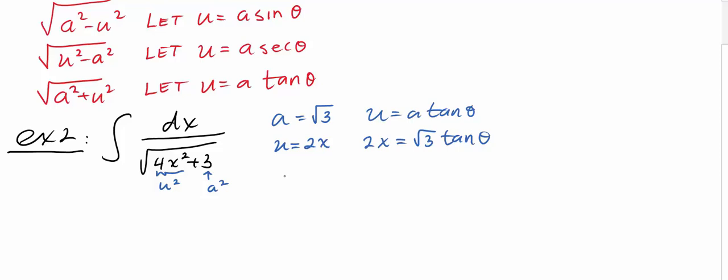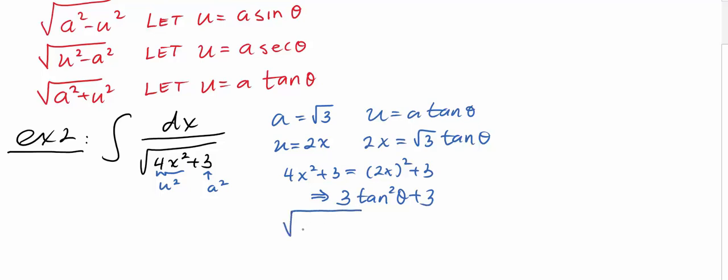So I need a 4x squared. Well, what does 4x squared look like? If we square what we have, 4x squared is going to look like 2x quantity squared, and then we add the plus 3. So 2x quantity squared is simply 3 tan squared theta plus 3. Let's put that under the radical. So square root of 4x squared plus 3 is really the square root of 3 tangent squared theta plus 3,